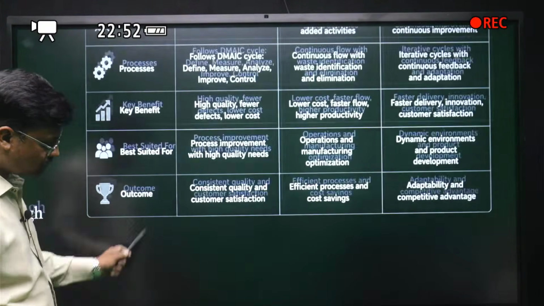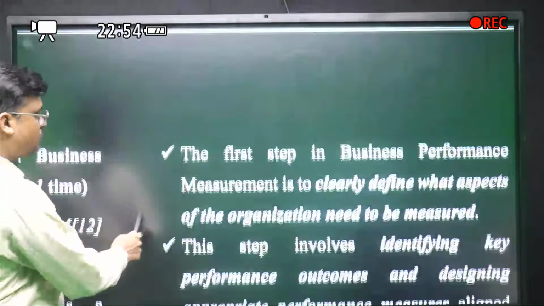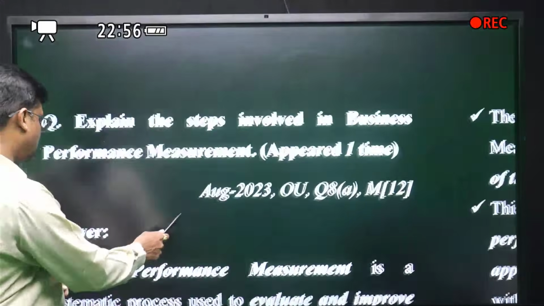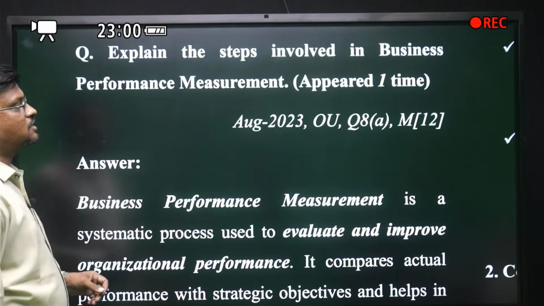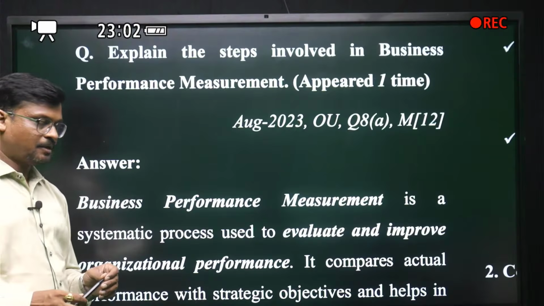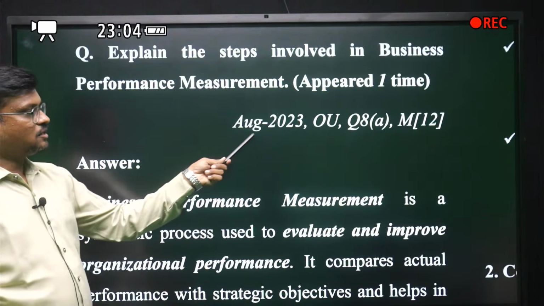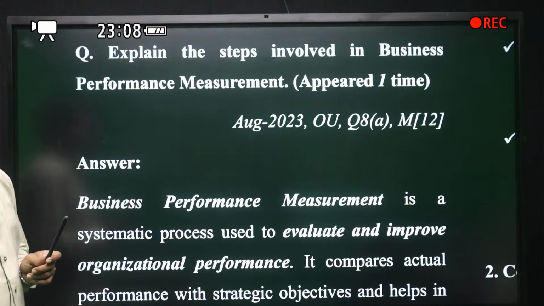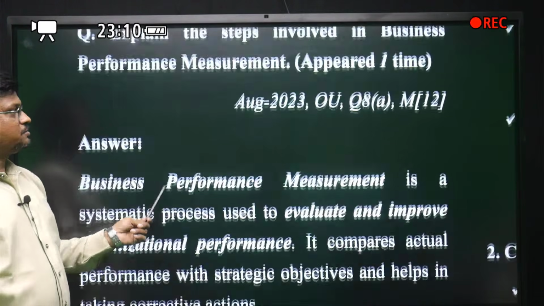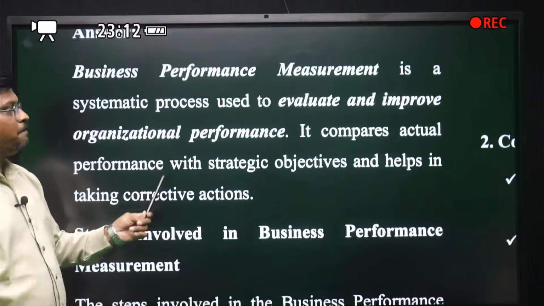Okay, dear. This ends this question. We'll go with the next question of our unit number 3: the steps involved in business performance measurement, BPM. This question was asked in August 2023. Explain the steps involved in business performance measurement. BPM, business